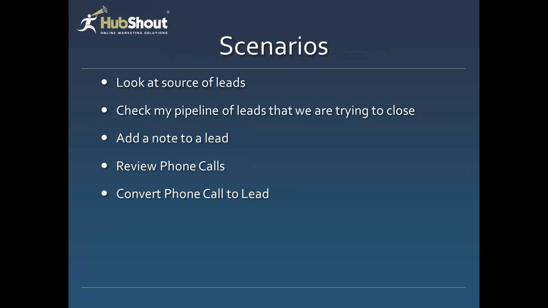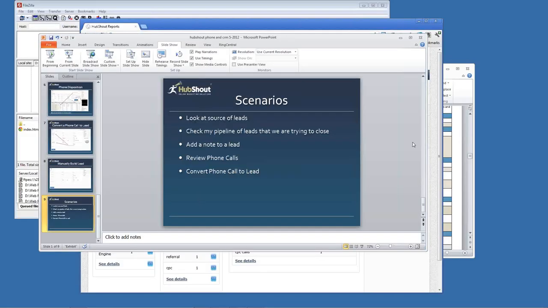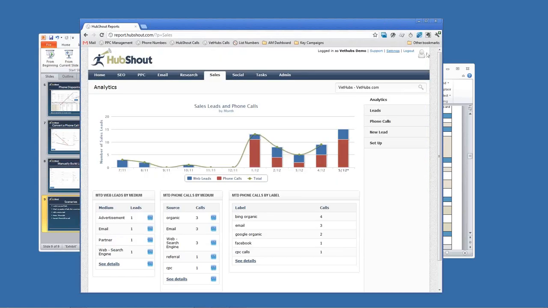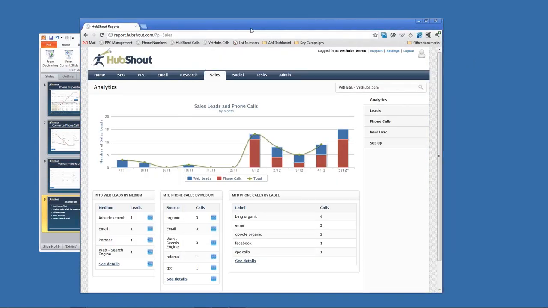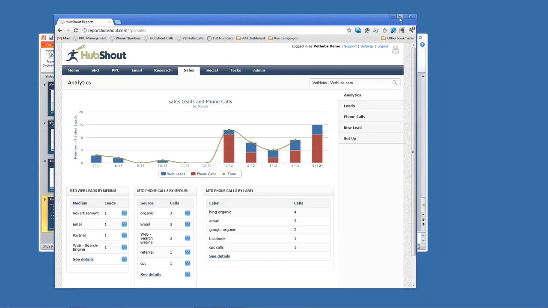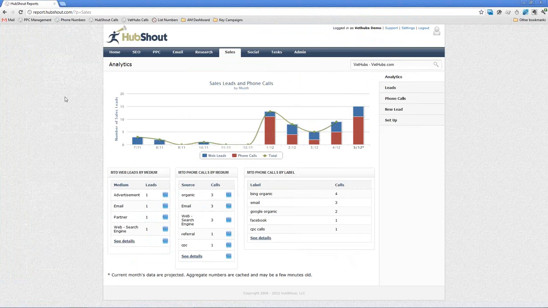Okay, so I want to run through some scenarios with the live demo. So I'm going to minimize my browser here and pull up a browser. Okay, so I've got set up here, I'm in the VetHubs account, and most of you have access to this,